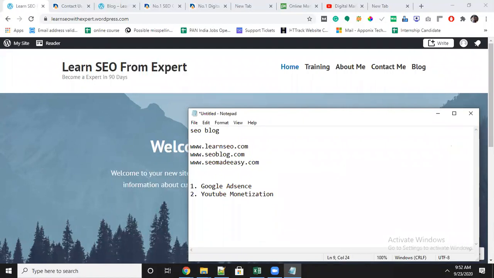If you want to make money via Google AdSense, what is the criteria and what is the eligibility? Your domain should be 6 months old, and you should have a minimum of 20 articles on the web page. That should also be unique content, not duplicate. If you copy it from somewhere and add it, it will not be supported. You have to add unique content.